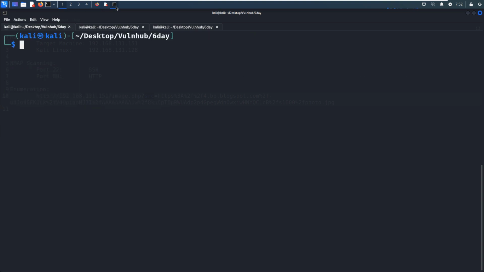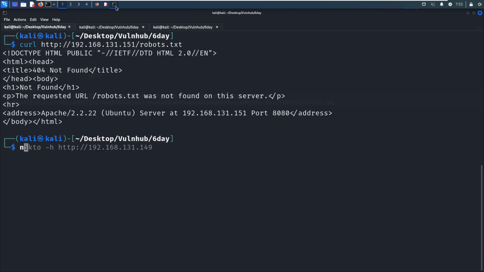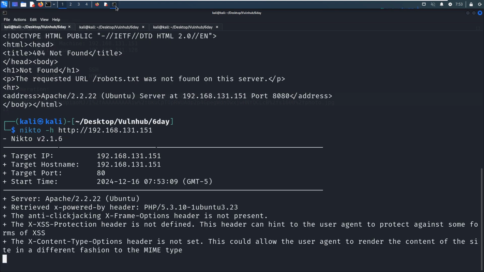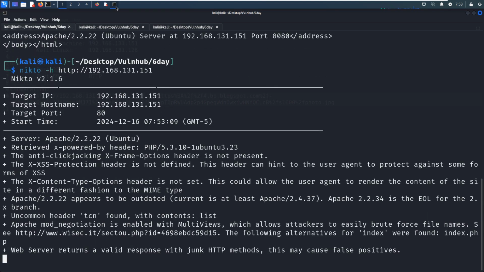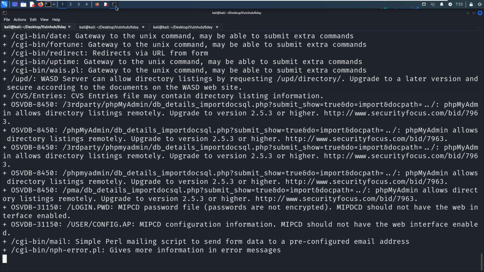For example, I'd like to launch the curl command to retrieve the robots file, but not found. Nikto. A lot of output.